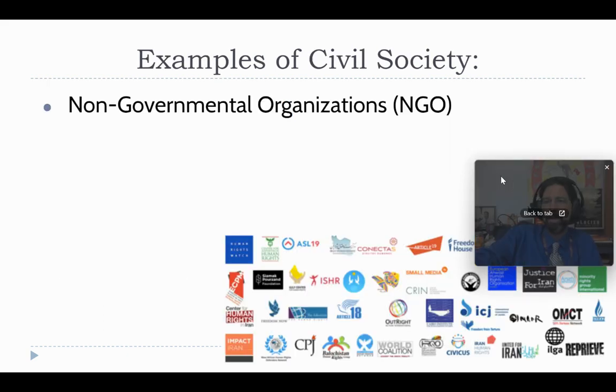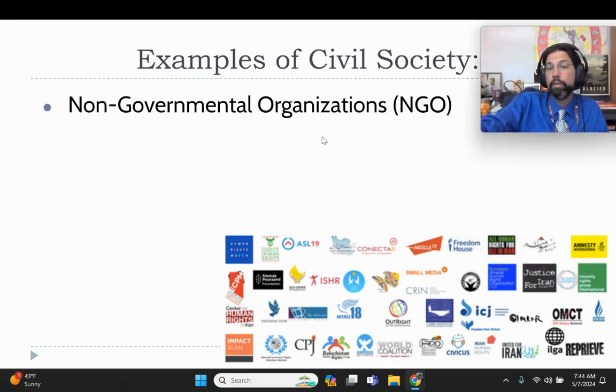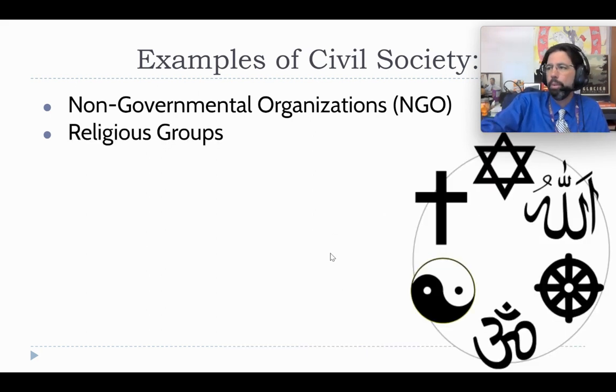Okay, some examples of civil society are non-governmental organizations, NGOs around the world. You name it, they represent all kinds of different groups. That would be civil society. Obviously, religious groups have a significant political agenda. You could say no, they don't. But if you've ever sat in a sermon, either at a temple or a mosque or a church, there are all kinds of politics built up into religion, and